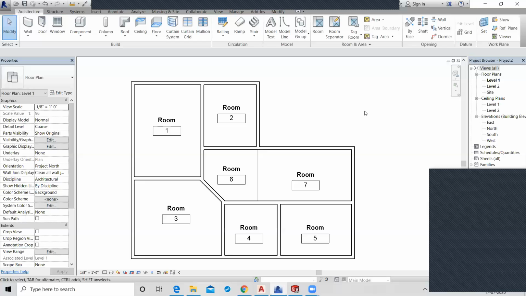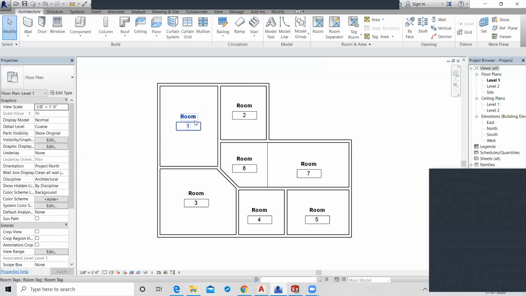Now ready? Yes, sir. So you know the use of room and the room separator? Yes, sir. Okay. Now it's time to change the naming, because all the rooms have the same name. So you just go to here and the cross lines are highlighted.